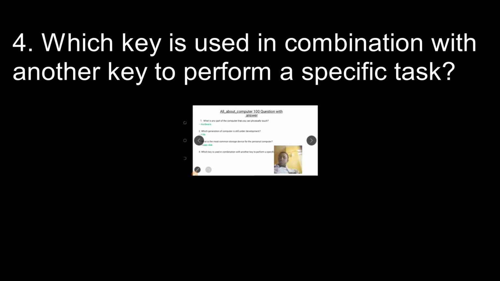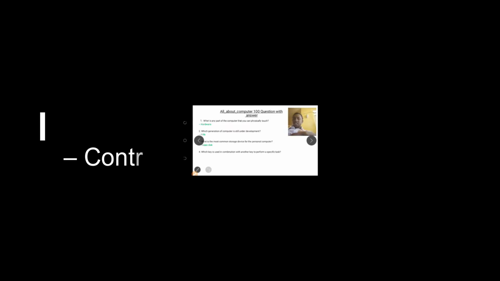What is the most common storage device for the personal computer? The personal computer most storage device ምንድነው ነው? floppy disk የምንለው ይሆናል ማለት ነው። Which key is used in combination with another key to perform specific tasks? ዩዘሮች ስፔሲፊክ ታስክ እንትን ማለት ሲፈልጉ የትኛውን ኪ ይጠቀማሉ ይላል። control key with other keys, for example control plus A, select, control plus V, paste, control plus C, cut, control plus X, cut, just control plus P, print, just እንደዚህ እያልን with combination ተጠቀመው ኪ የትኛው ነው የሚለው control key ይሆናል ማለት ነው። Good.